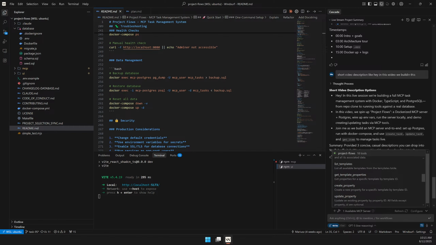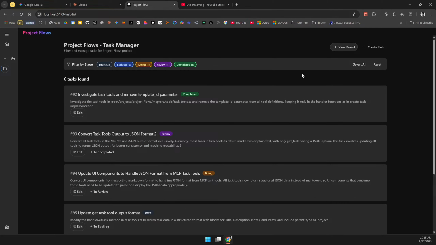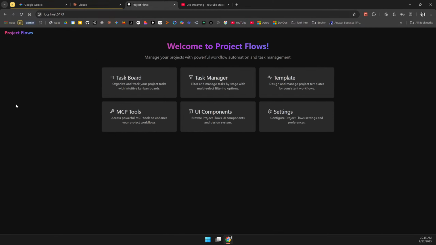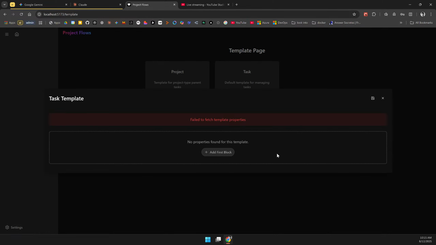Now the templates are basically a type of file like here that is not working. We actually are going to fix it, as I did make some changes using AI and that broke it. Basically, the template is a template of your prompts and blocks that you would set up to create a task. So